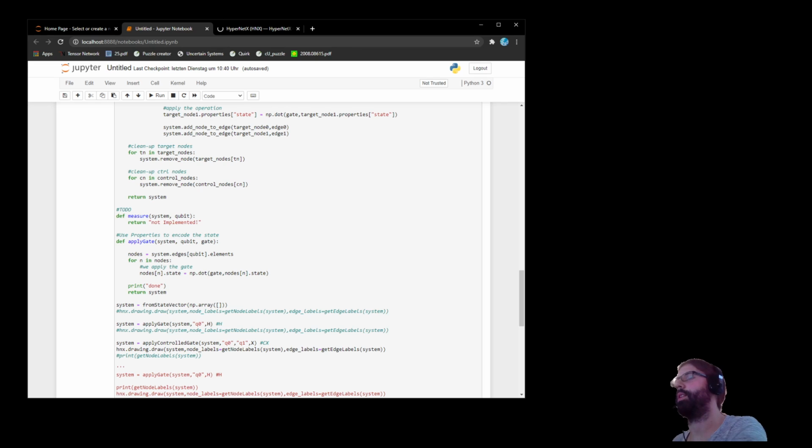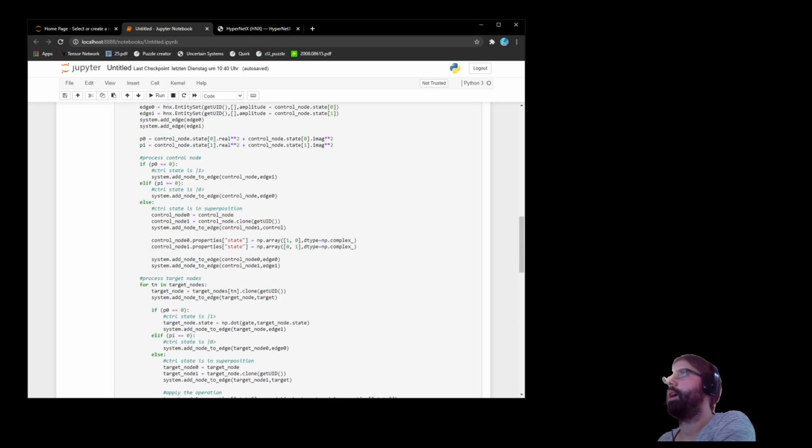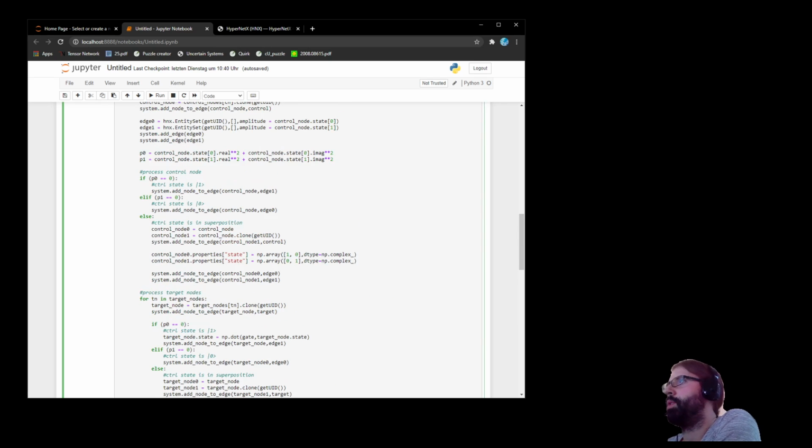I don't know how it does, to be honest. Do the edges have just references to the nodes? I have the impression that superposition. So I have the impression that these should be done after